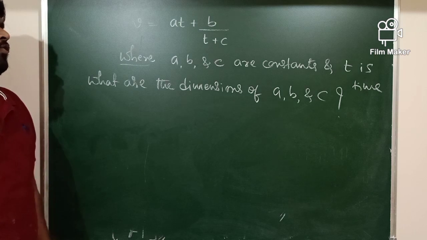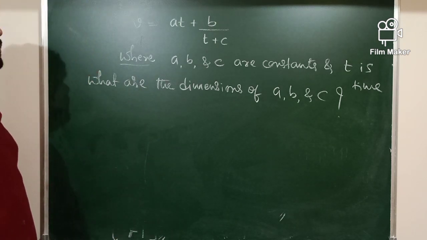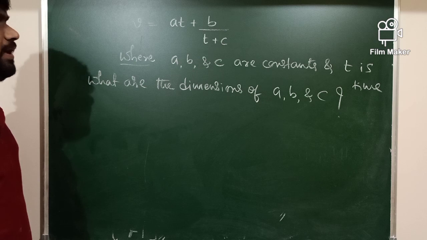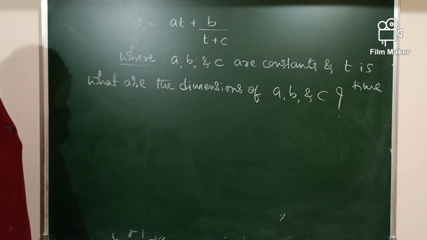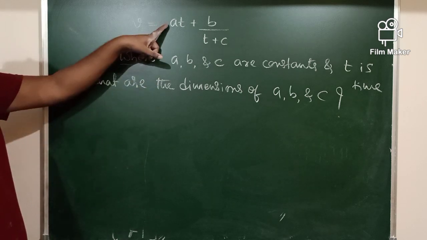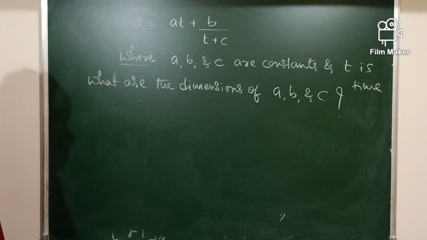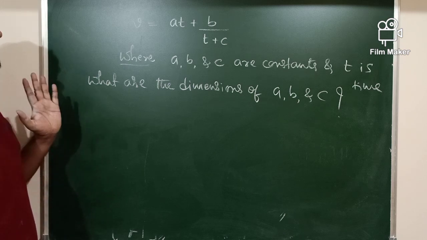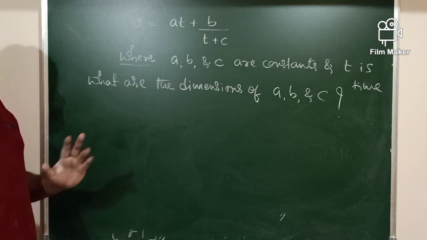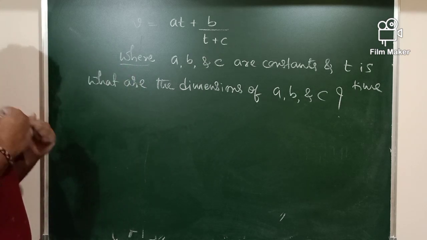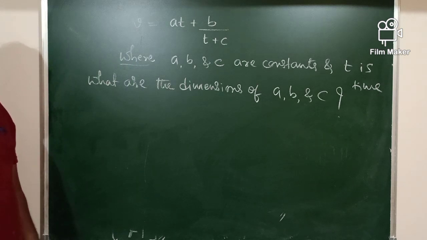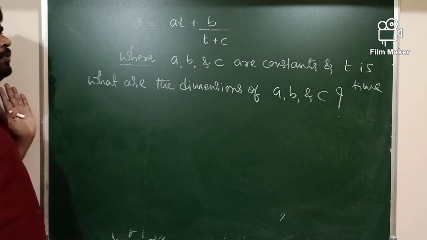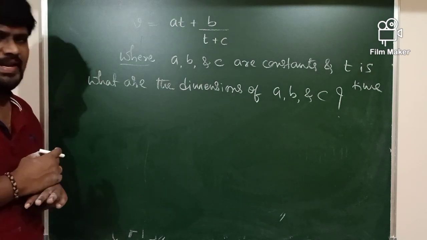What information have they given? Velocity V is related to the equation AT plus B divided by T plus C. In this equation, A, B and C are the constants here. A, B and C are the constants, and they are asking you to find the dimensions of what? A, B as well as C. Here, what does the concept say? What is the concept? Okay, according to principle of homogeneity,